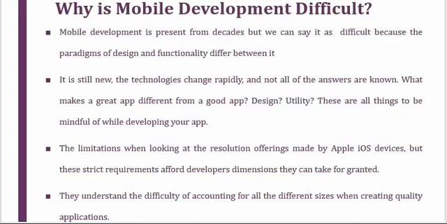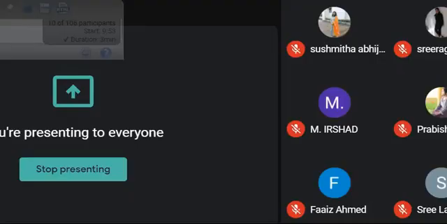So which is the best one you can use, so that your app will be the great app. So here one question is posed, what makes a great app different from a good app? So you're saying that app is great and that app is good. How you're differentiating it? Whether it is the design which makes the person say that that app is great, or whether it is in terms of utility. So what is the difference between design and utility? Anybody? Anybody there in the class?